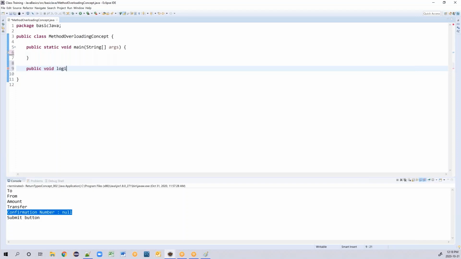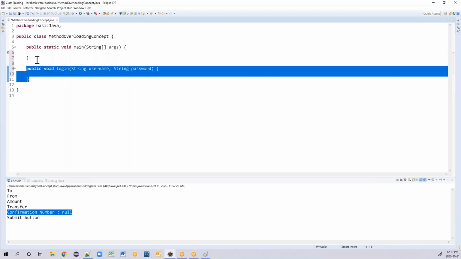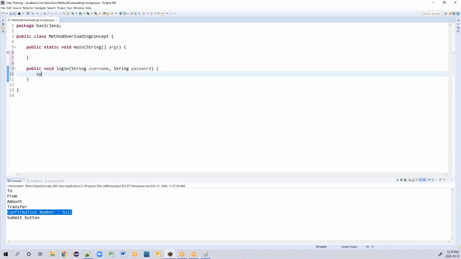I'm taking the first combination where username is string and password is also string. Open the curly brackets and then close it. This is the first one. Both are string. Sysout, both are strings with two combinations.